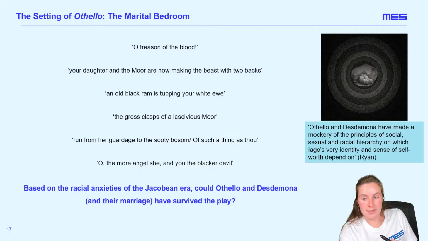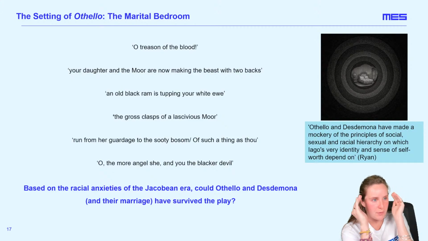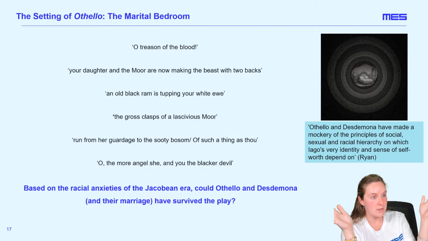And as Kiernan Ryan says, another critic, Othello and Desdemona have made a mockery of the principles of social, sexual, and racial hierarchy on which Iago's very identity and sense of self-worth depend. So perhaps it's his racism that forces him, rather than any kind of jealousy or anger about a promotion, to engage with and feel like he ought to and needs to destroy Othello for attempting to rise in society and marry Desdemona. And we can see this in the scope of the play, the setting goes from Venice to Cyprus,